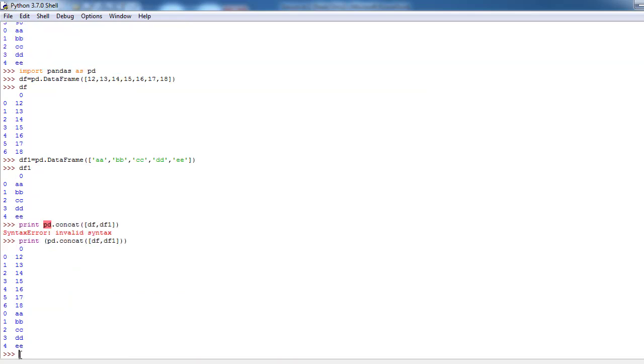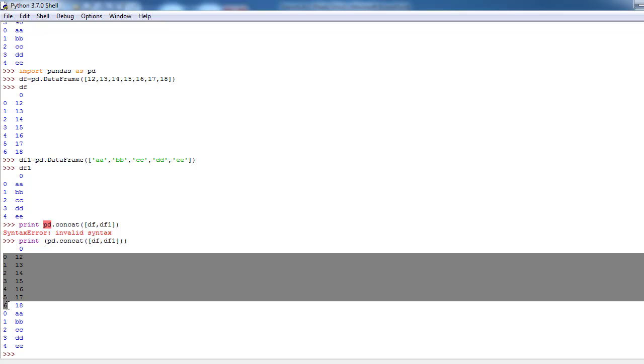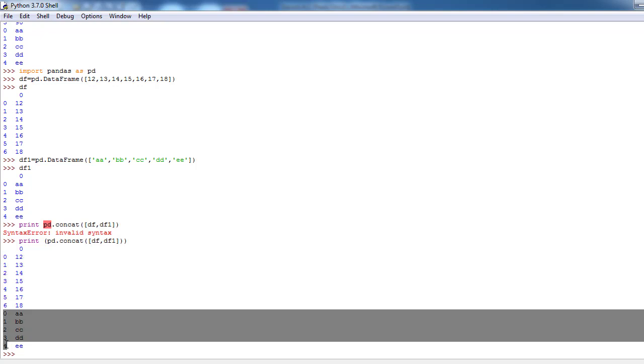So now we are obtaining the values from data frame and data frame 1, that is TF and TF1. Here we can see the indices 0 to 6 for the TF and 0 to 4 for the TF1.